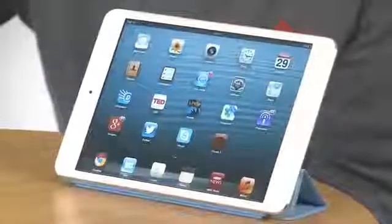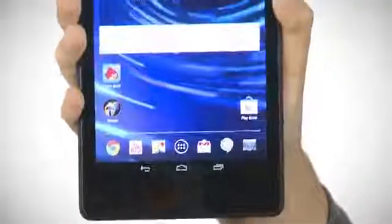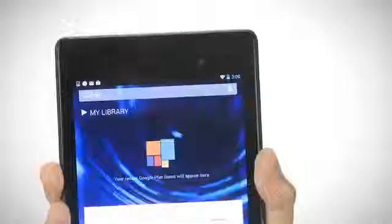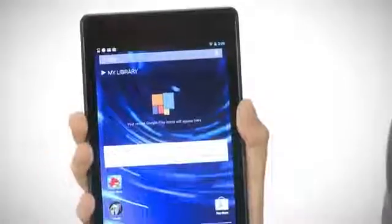The iPad Mini's 1024 by 768 screen resolution is paltry when compared with the new Nexus 7. Boasting a 1920 by 1200 resolution, the Nexus has significantly more pixels per inch, meaning that films, ebooks, and websites will all look clearer and sharper. Plus, the Nexus 7 now has an improved colour range, meaning the screen should look both vibrant and true to